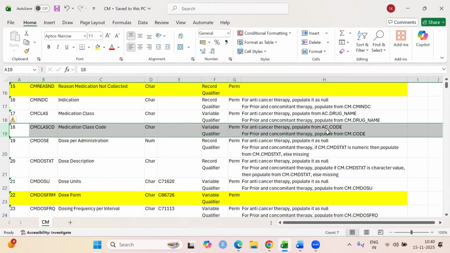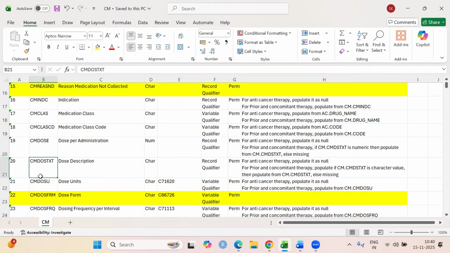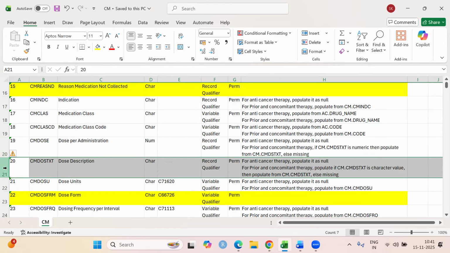So we are using accordingly from both data sets. As we have discussed in the annotation, either of these two variables, CM dose and CM dose text, can be populated for a particular record. Both variables will not be populated for a particular record. So in our study, this is populated only for the prior and concomitant medication form, and it is not captured for the anti-cancer therapy. So for the anti-cancer therapy form, it will be null. But for the prior and concomitant medication, we have seen that it was coming from my